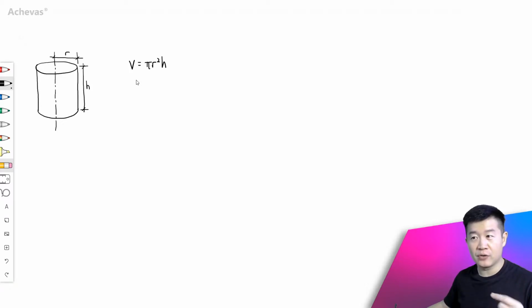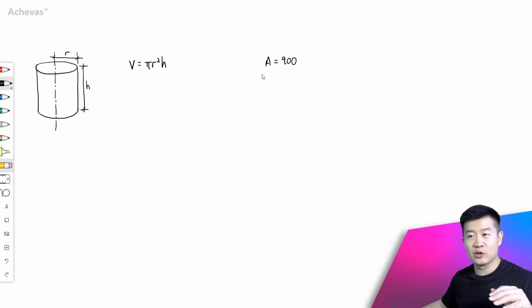terms of r or V in terms of h, which means that we need an equation that links r and h together. And I guess to do that, we will make use of the fact that the total surface area is given to us as 900. So if the total surface area is, let's say, A, so A is given to us as 900, and to